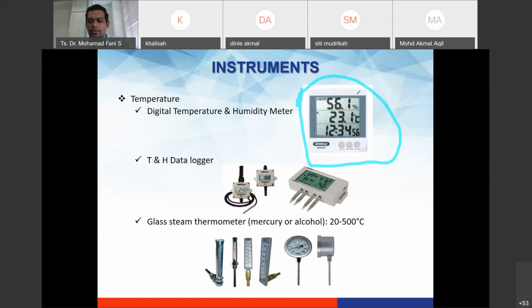So this one we can have the humidity and the temperature for the room. And the other part is the CO2, the content of the CO2 inside the room. So if you have the CO2 meter, then just measure the CO2. Why is CO2 important? We must know the balance of the portions of the CO2 and the oxygen. If the content of the CO2